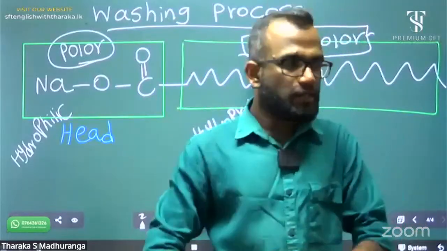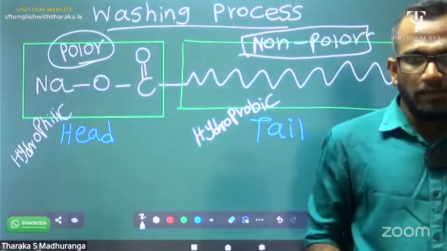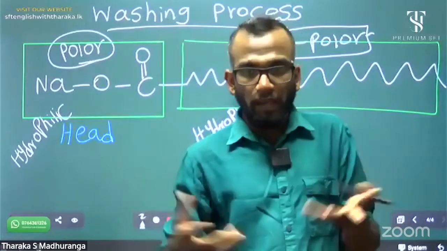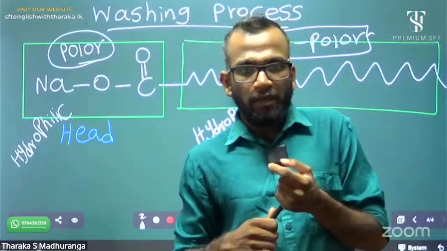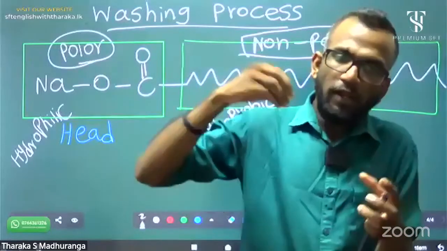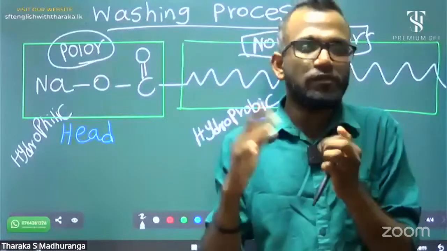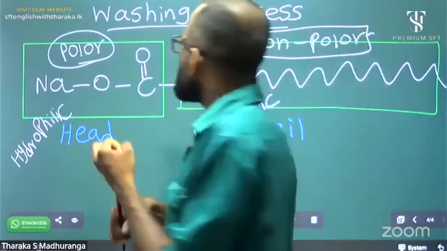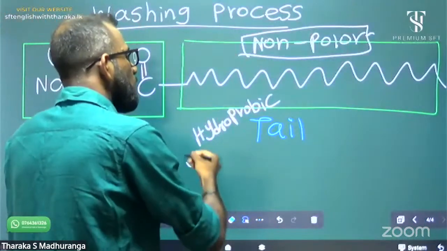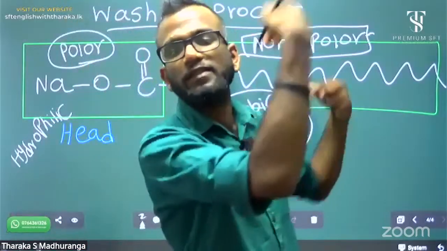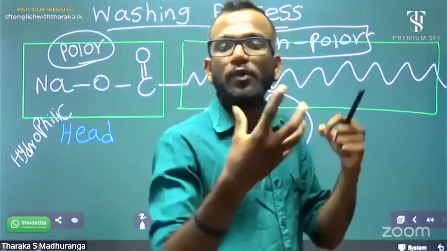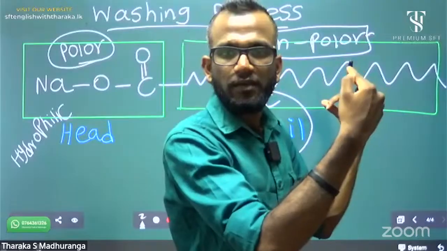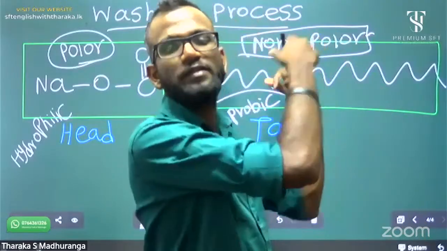That's why, when we take some container with an oil stain on it and wash it with water, the oil does not dissolve, therefore it is not removed. But when we apply soap, what happens? The soap contains a hydrophobic tail. The hydrophobic tail is non-polar, therefore it dissolves oil particles. Oil particles, lipid particles dissolve in this non-polar tail.